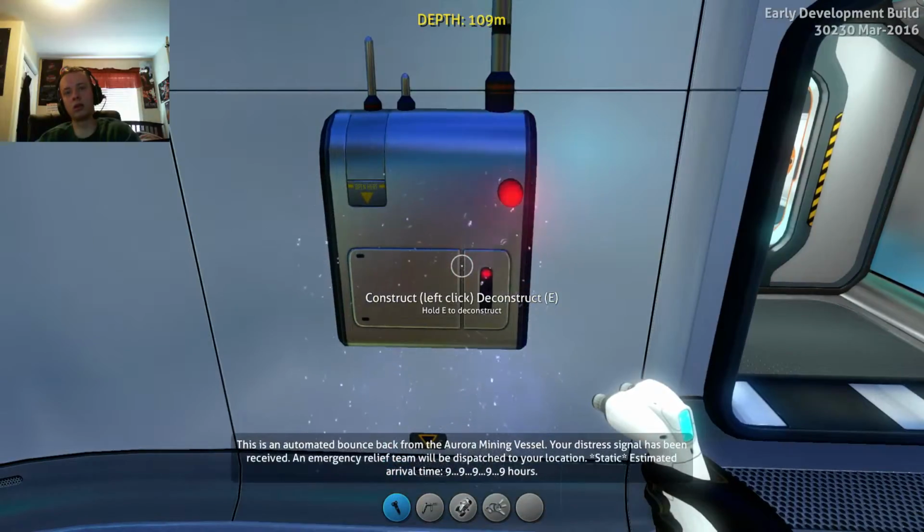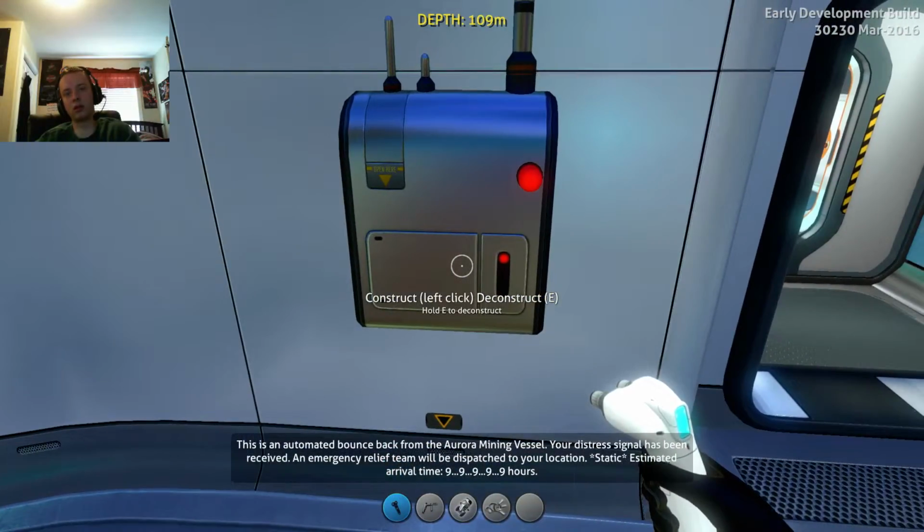Message. This is an automated bounce back from the Aurora mining vessel. Your distress signal has been received. An emergency relief team will be dispatched to your location. Estimated arrival time,